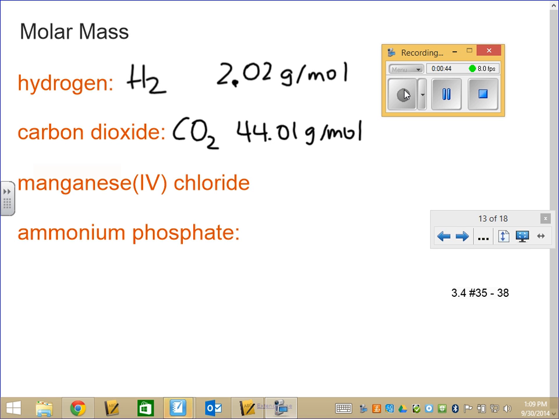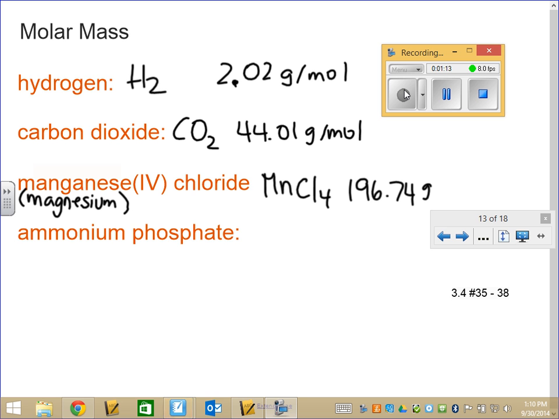Manganese, and I just want to point this out, is not the same as magnesium. I noticed a few people yesterday perhaps reading too quickly and not noticing, but they're not the same. Manganese is Mn, magnesium is Mg. The formula for this is MnCl4, and its molar mass is